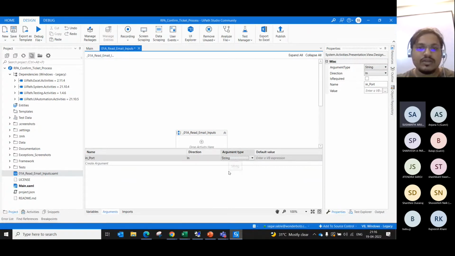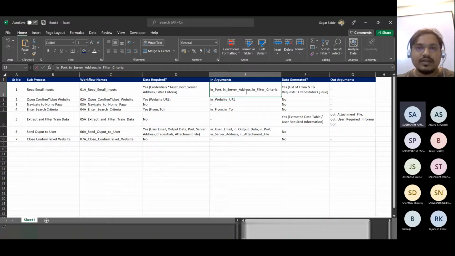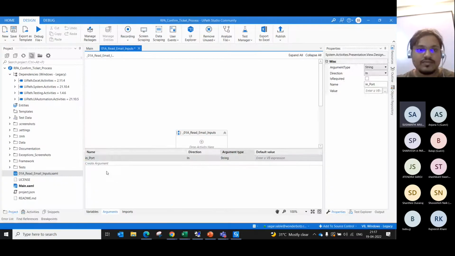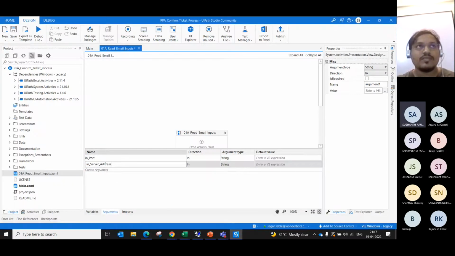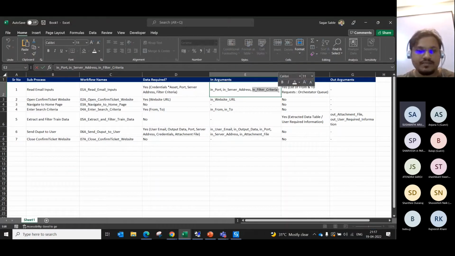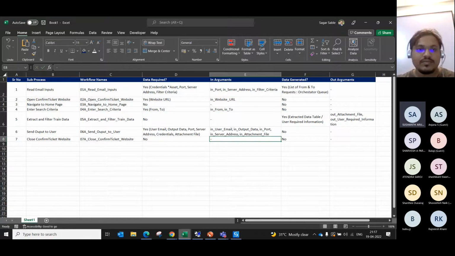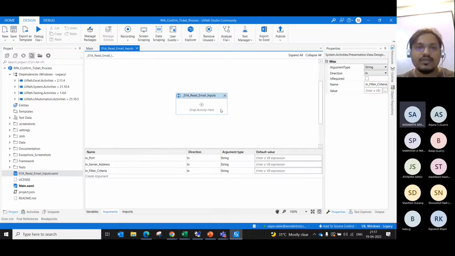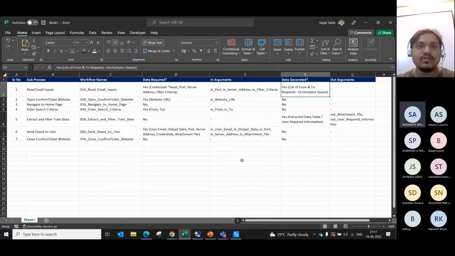In port, let's say that is a string, then server address, and we have a filter criteria. Creating all these arguments. Now, is there any out argument? We have to check that as well. Okay, no, there are no out arguments actually, but what we are going to do is add all the data into the orchestrator queue. So